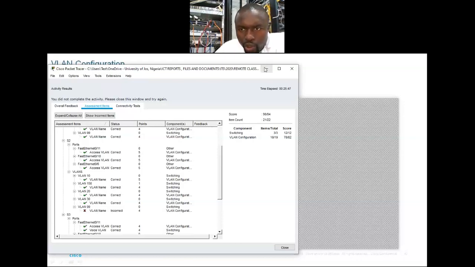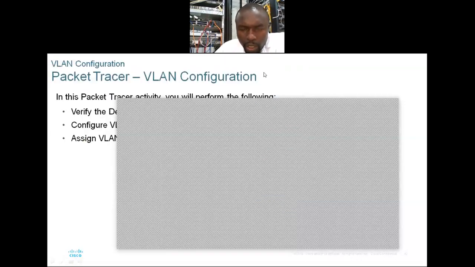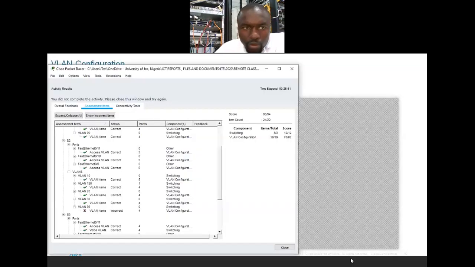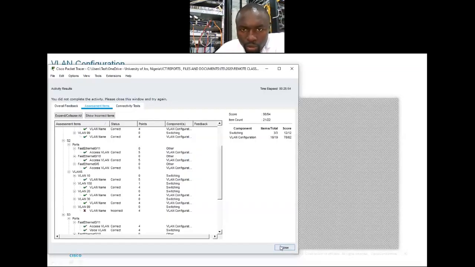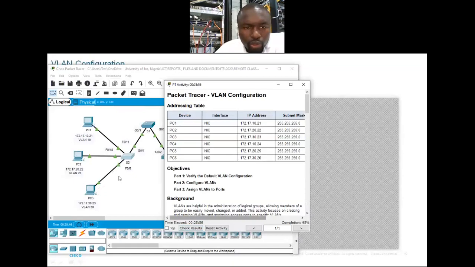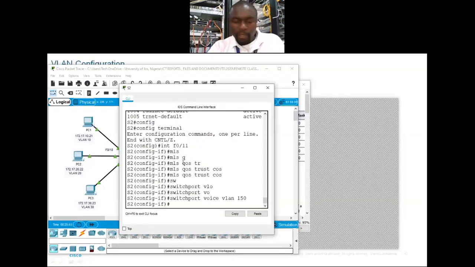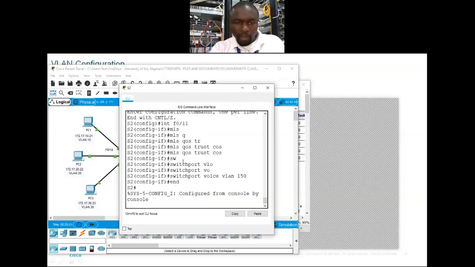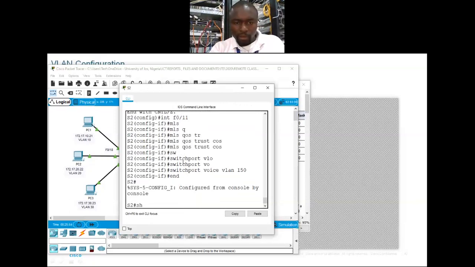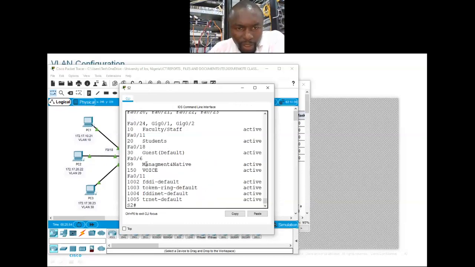Okay, let's go to switch 2. VLAN 99. Let's end here. Show VLAN brief. Oh yes, see our problem? I think the spelling of management, we didn't spell it correctly. So